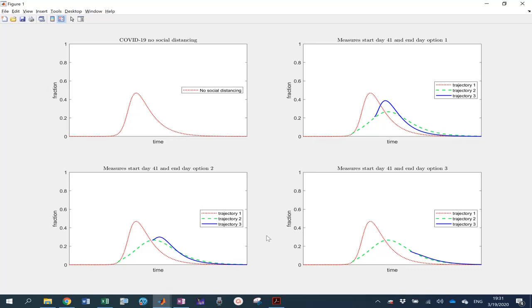Again, it's extreme because realistically we would probably be slowly releasing these measures, as China's beginning to do. Then over here, we see what happens if we do it when we're actually right at the top. We see we do get another bump, so it's probably a bit early. Whereas in this final scenario, what we have is a much better situation.